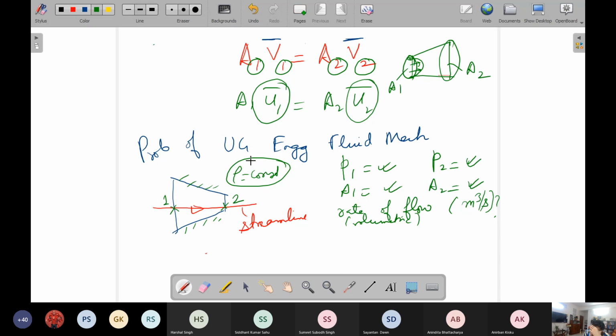So can any one of you tell, given this as an undergraduate fluid mechanics problem, how do you solve this problem? You can apply the help of Bernoulli, by applying the energy equation. One of you speak, do not speak multiple. Any one of you. I have no bias, whoever starts first.